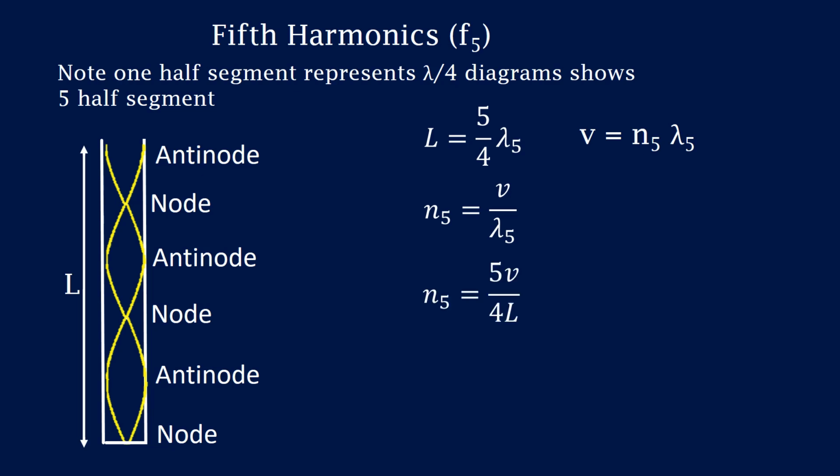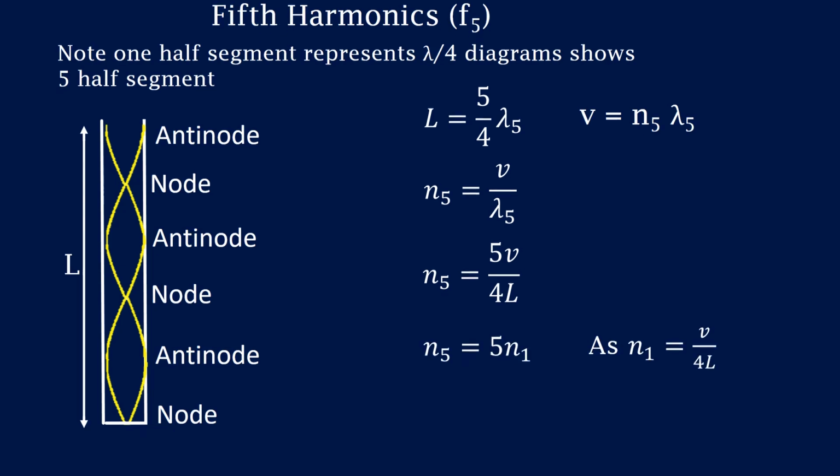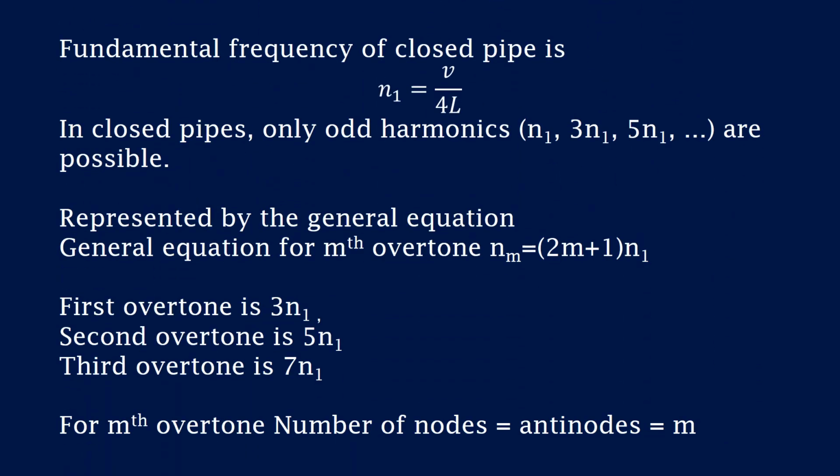Velocity is equal to n5 into lambda 5. Therefore, n5 is equal to v upon lambda 5. Substituting the value of lambda 5, we get n5 is equal to 5 times v upon 4L. As n1 is equal to v upon 4L, we get n5 is equal to 5 times n1. In a closed pipe, only odd harmonics are possible: n1, 3 times n1, 5 times n1, 7 times n1, 9 times n1, and so on,